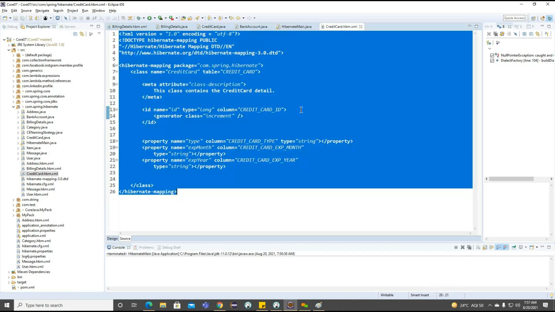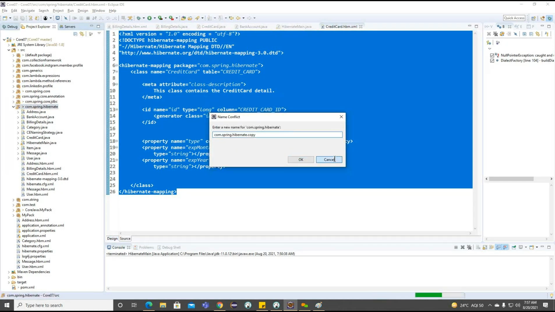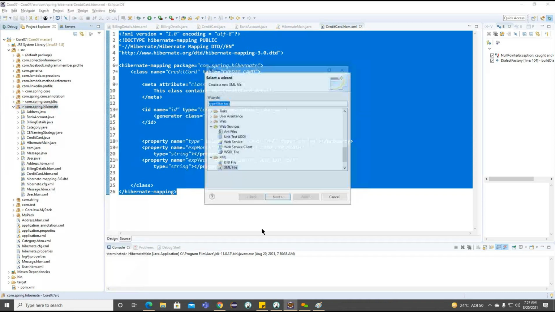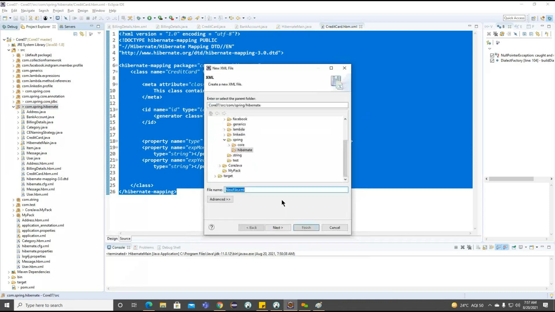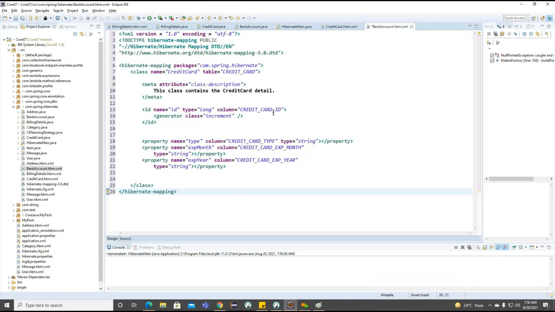Right, so this is indicating our credit card. Same way, we'll create one more file, which will indicate the bank account. So bank account dot HBM dot XML file.